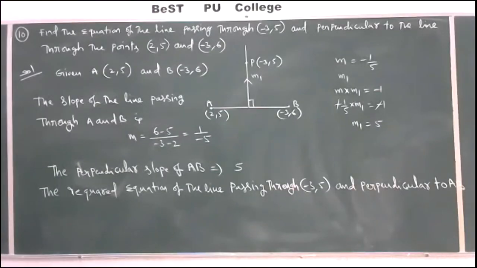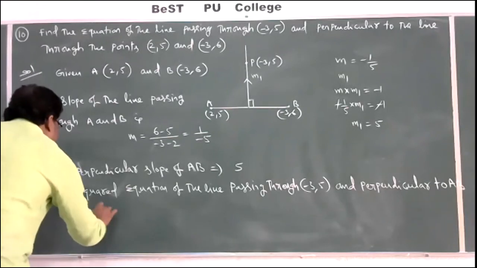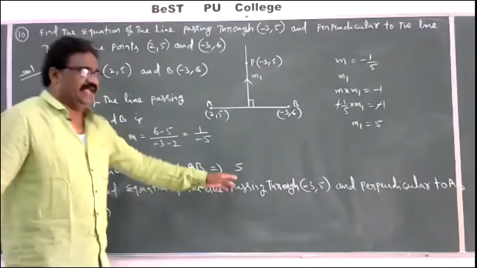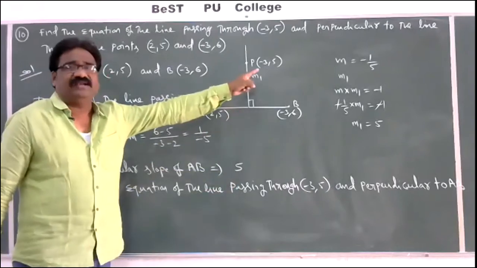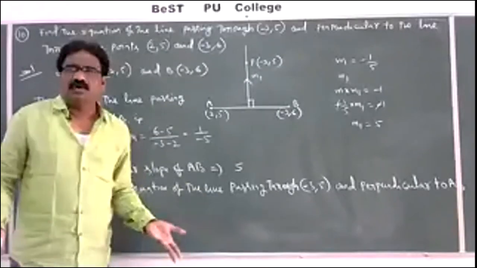The required equation of the line passing through minus 3 comma 5 and perpendicular to AB is, so we know the slope M and the point minus 3 comma 5, apply the slope and point form,